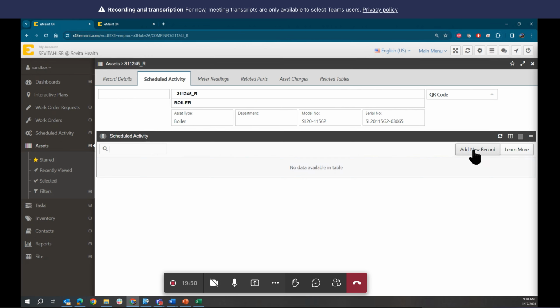How do you do that? Add a new record. Pay attention to this. When I click here, this asset table is going to change to a schedule activity because I'm creating a new record in another table. Okay, so if I click here,